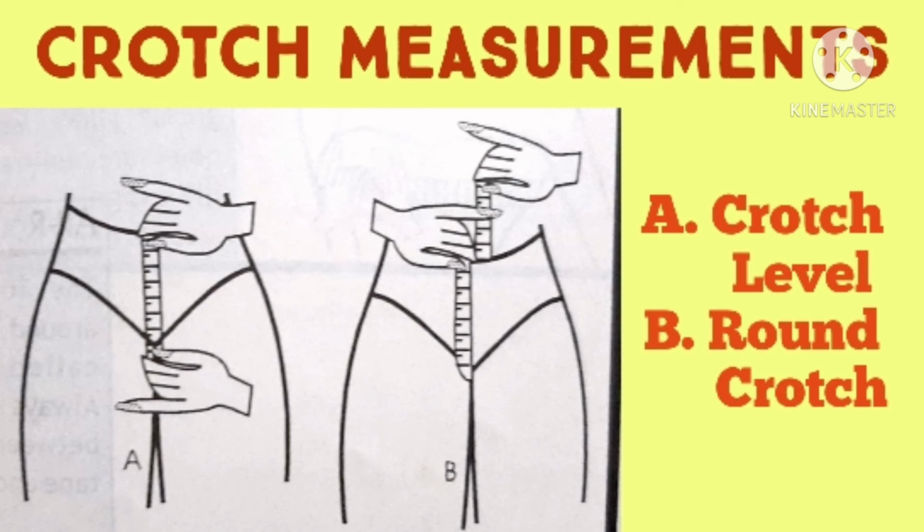One more measurement which is always required to sew or draft a trouser is the crotch measurement. There are two types of crotch measurement. Some people take it as crotch length or crotch level, that is from waist to the crotch, that means the leg pit, right? And if you want the round crotch, in some garments we require the round crotch where we want a proper fitting at the crotch level. So at that time you have to start from the front of the waist, keep it through the leg pit, and measure it till the back of the waist.